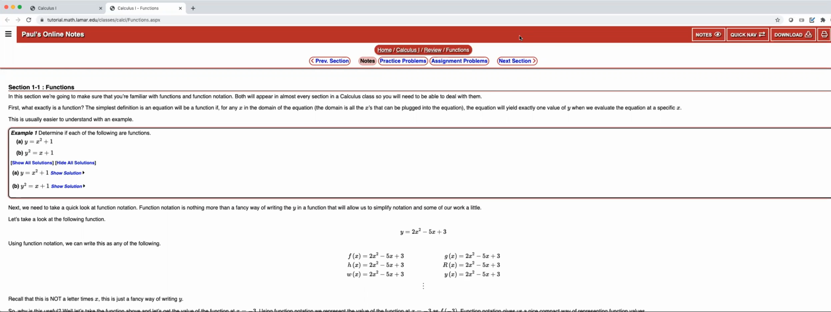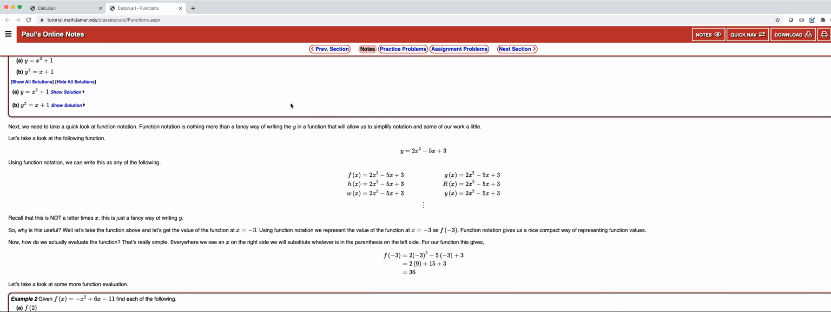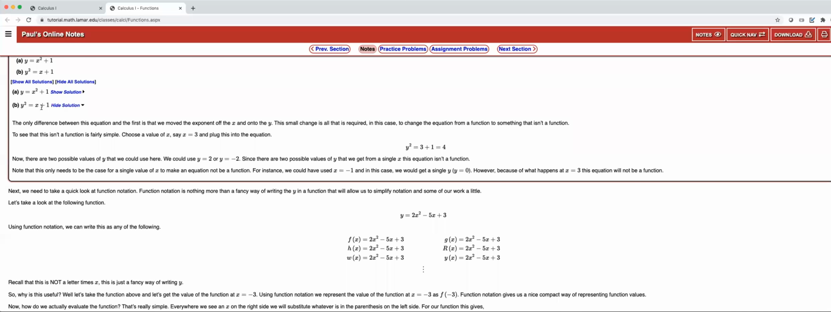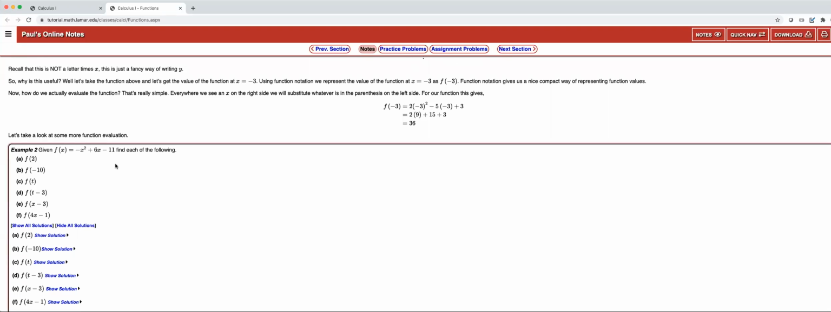I've forgotten a couple of things that I had to review. For example, this is not a function, right? So a function gives you one value. These are respective functions. I went through this also